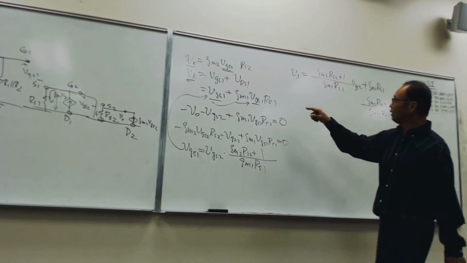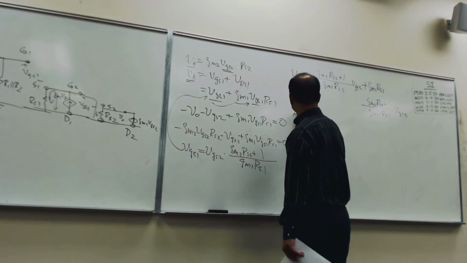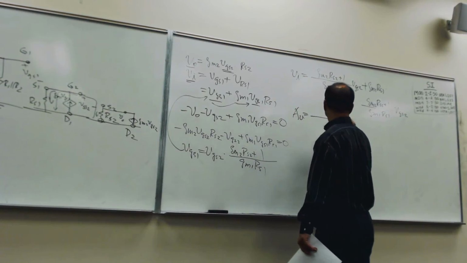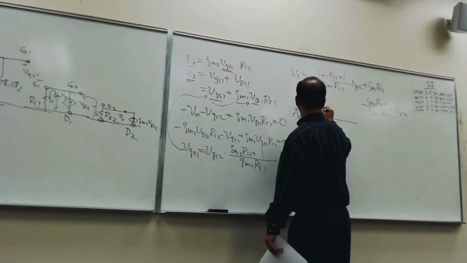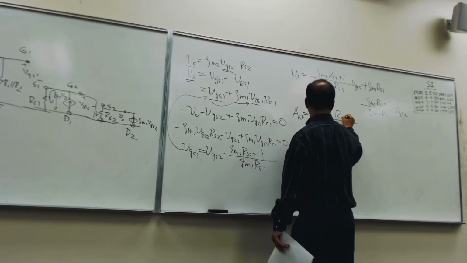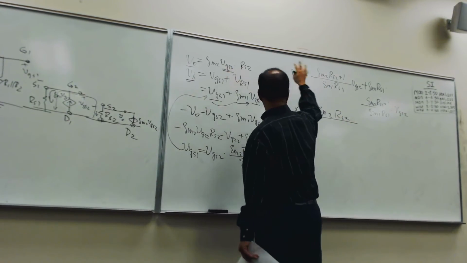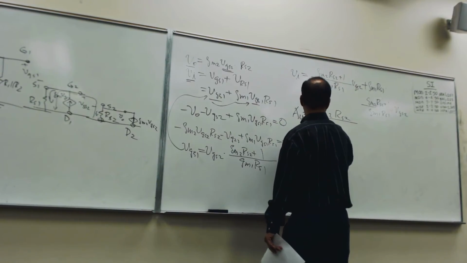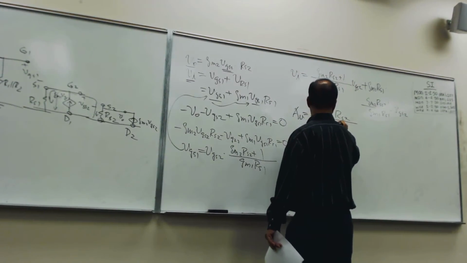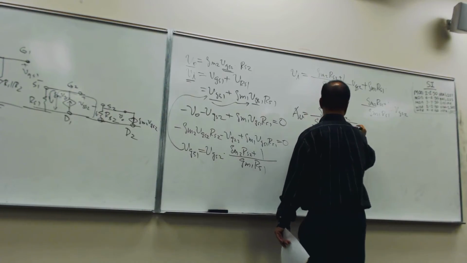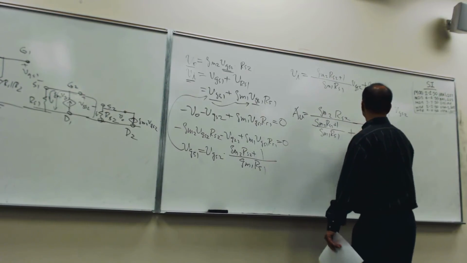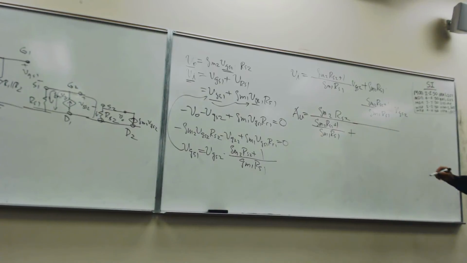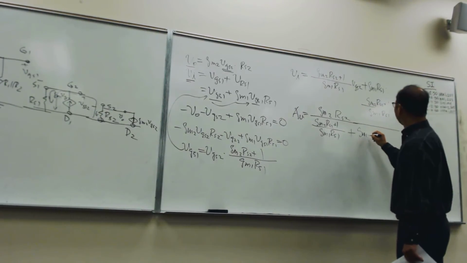And V sub O is here. So therefore, A sub V is, this is on the top, right? So GM2 RS2, right? VGS2 cancel out. So this is at the bottom. Plus,